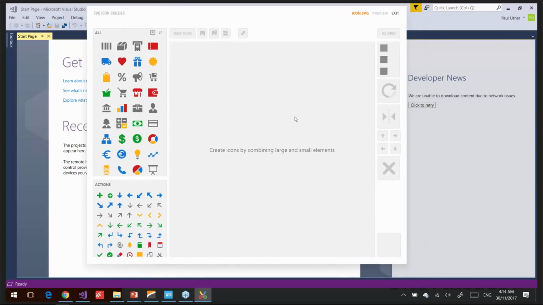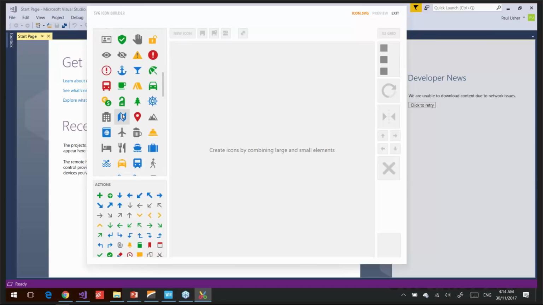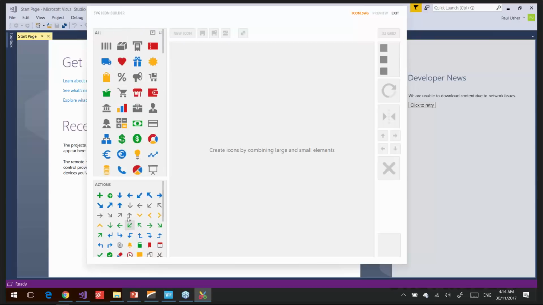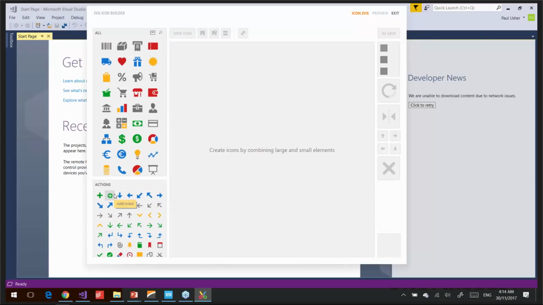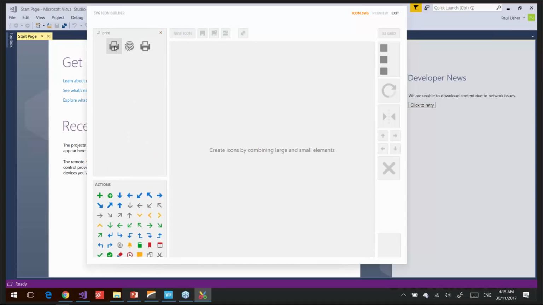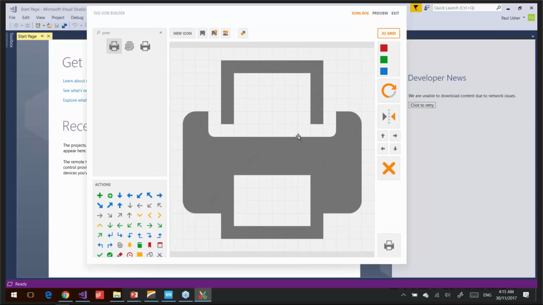What we can do here, we've got the application interface. On the left-hand side, I've got my tool panel, where I can jump to categories, or I can search, or I can scroll through all the different icons we provide. And then we've got these smaller indents, which are actions. If I jump into search and type print, I want a printer icon,